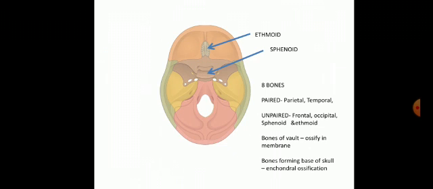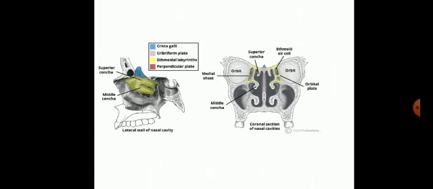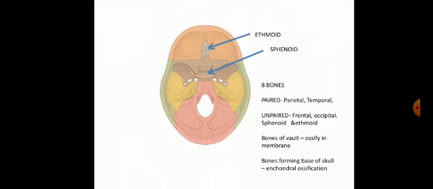It's an unpaired bone of the neurocranium, and the one shown in front of it, anterior to it, that light grey color, that's the ethmoid bone. This is the ethmoid bone shown here. This ethmoid bone contributes to the roof of the nasal cavity, to the nasal septum, to the lateral wall of the nose, as well as the medial wall of the orbit.